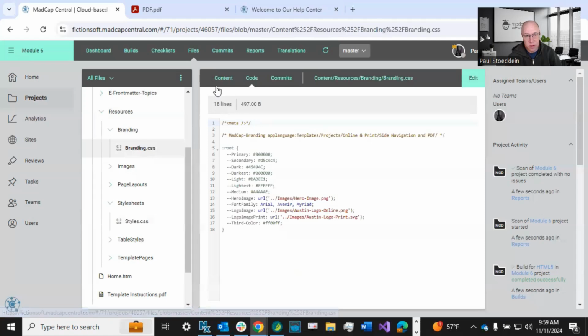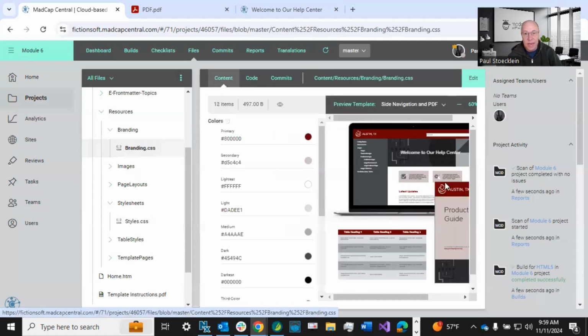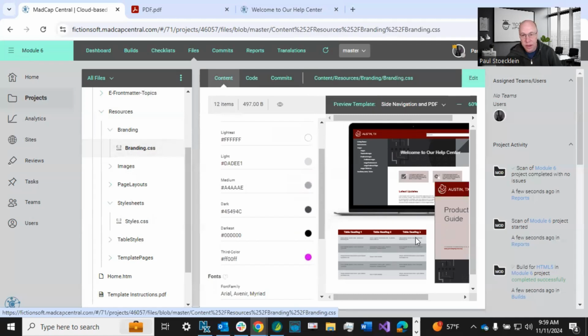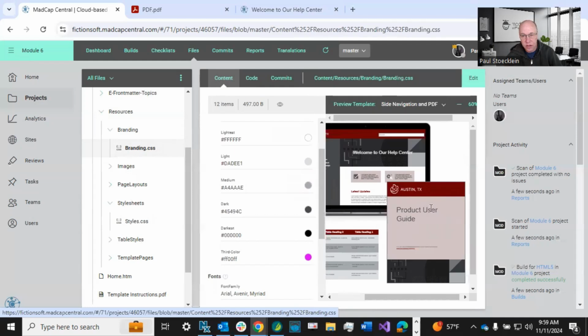I want to show you something. Let's go back to content. Just because I pointed the H1 right here in this product user guide, that title, to my hot pink color in here, they're not showing up in the preview. Why is that? Well, the preview, the way this was designed behind the scenes, this is just used for